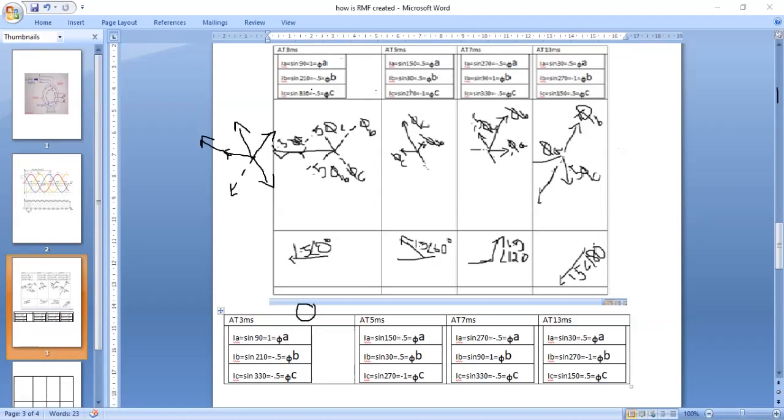Right? So this is phi a, in the positive direction, 120 degrees phase displaced. Phi b has a magnitude of 0.5, and phi a is also of magnitude 0.5, both of these. And phi c, which originally should have been in this direction, but here we require minus 0.5, so it is extrapolated in the other direction.